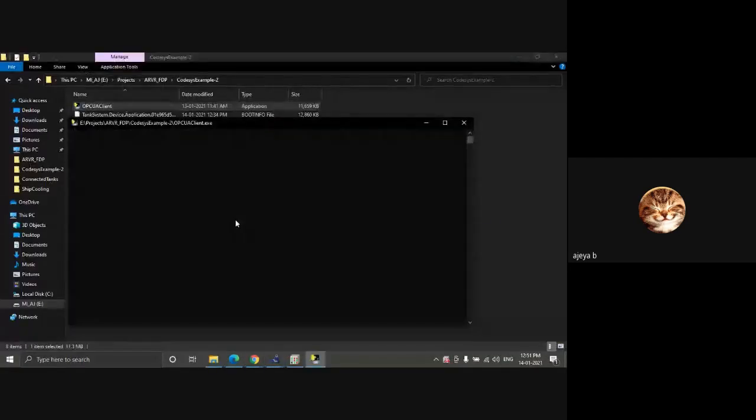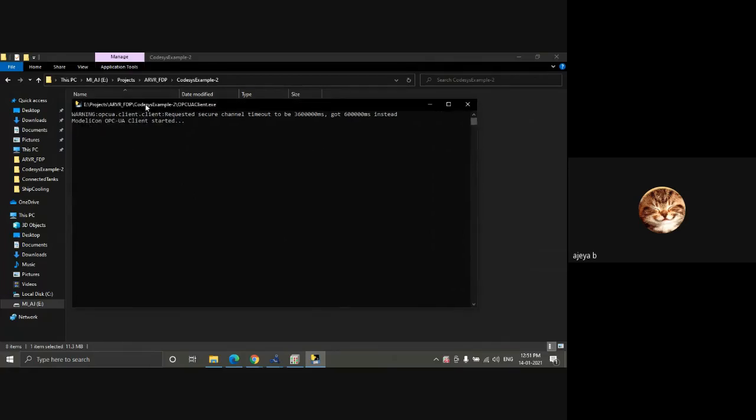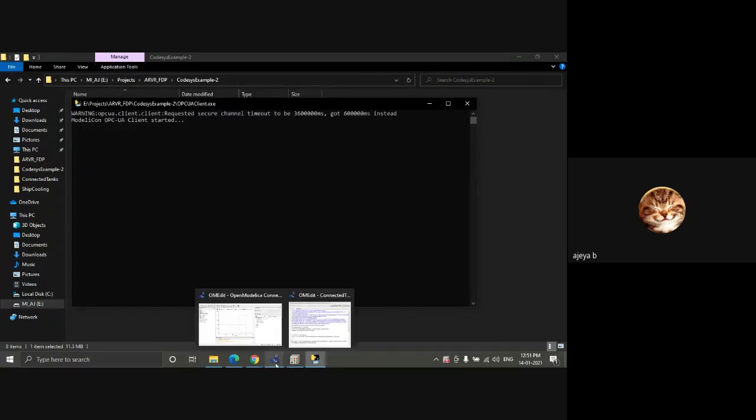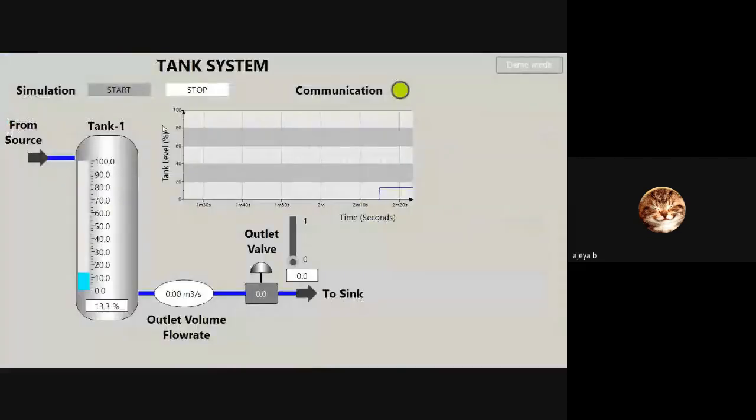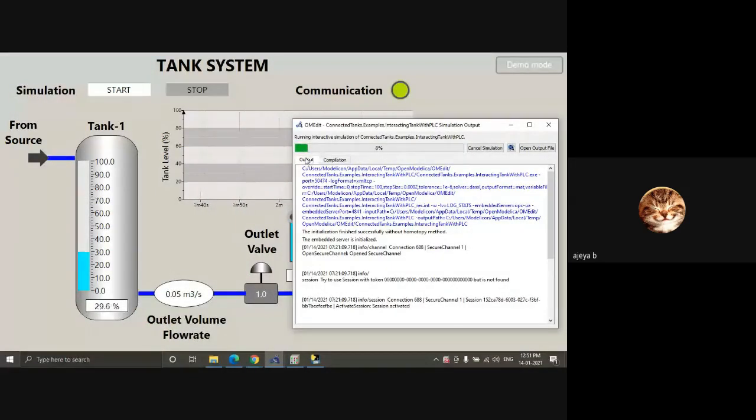Now you see that the client got connected because both are running, OpenModelica as well as the CodeSys. Now I'll set one wall opening and then start PLC. Start the modeling simulation. Now if you see here, before you saw that the progress was going very slow. It was going in terms of real time. Now you can see it is going much faster. So what it'll do is the 100-second simulation and stop itself. Complete the simulation and done. So this is not going in terms of real time process. So that is the significance.